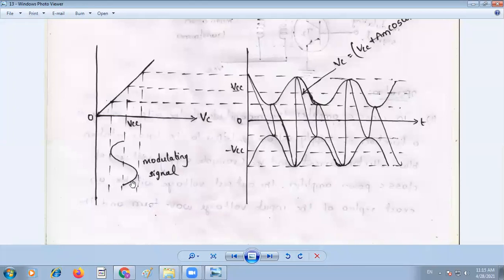So this is the sinusoidal signal. For the sinusoidal signal, the maximum is above VCC and the minimum is below VCC. Taking VCC as the reference, the maximum peak and minimum peak appear. This is the modulated signal. When we apply this modulated signal, that VCC varies now. Now this is the maximum value. See that horizontal dotted line and the VCC, and the maximum and minimum values of the modulated signal are the same. That reflects the VCC voltage.